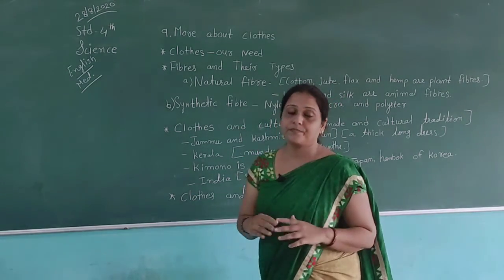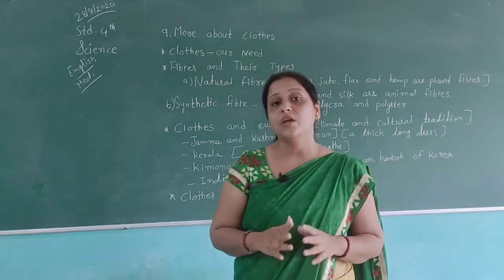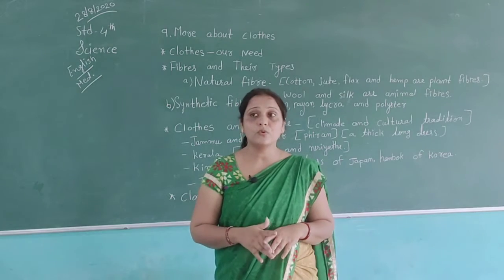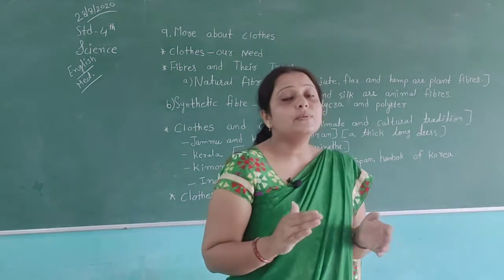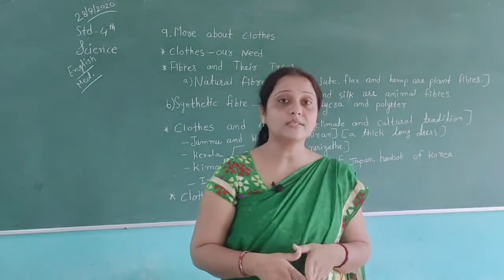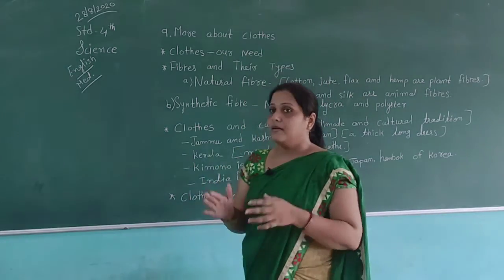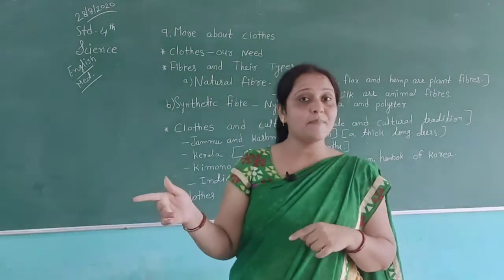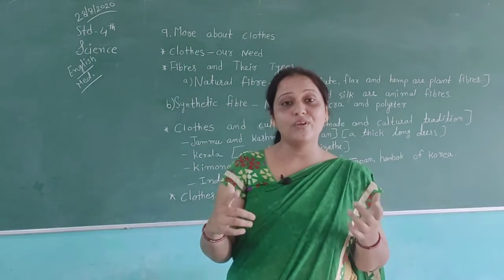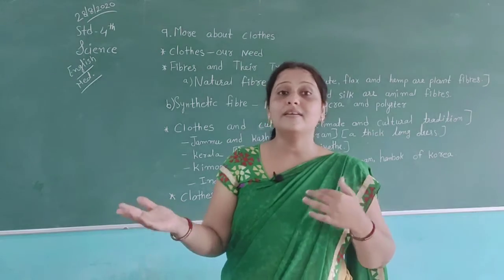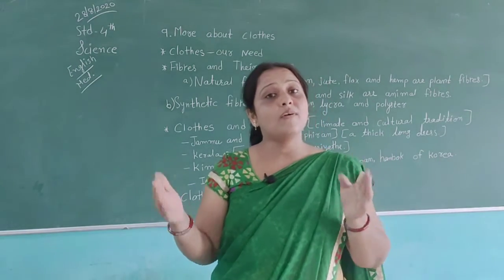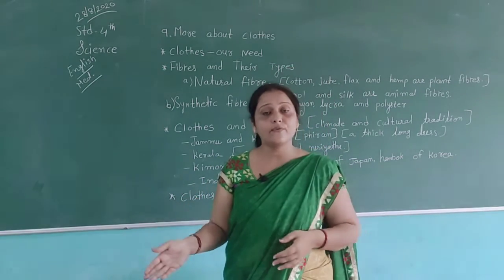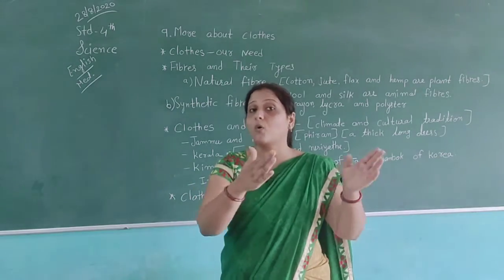Clothes and culture. After clothes and culture, you always observe that all people do not wear the same types of clothes in every place. They use different types of clothes according to their functions also. For example, if we have a marriage, then we will not go to the marriage wearing a uniform. We wear different types of colorful dress. Why? Because our need is according to the function also.